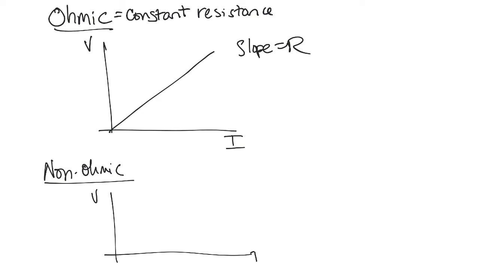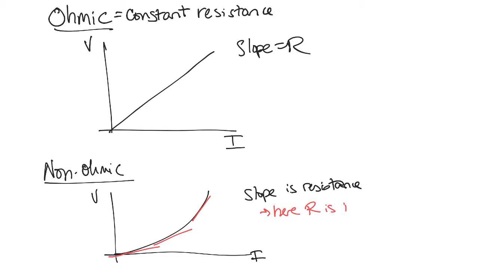If something is non-ohmic, then it might look like that, okay? Because the slope is resistance, obviously the slope here, we're talking about tangents, right? So you can see here, the resistance is increasing, okay? So if you remember what resistance is, it's rho L over A, where resistivity has to do